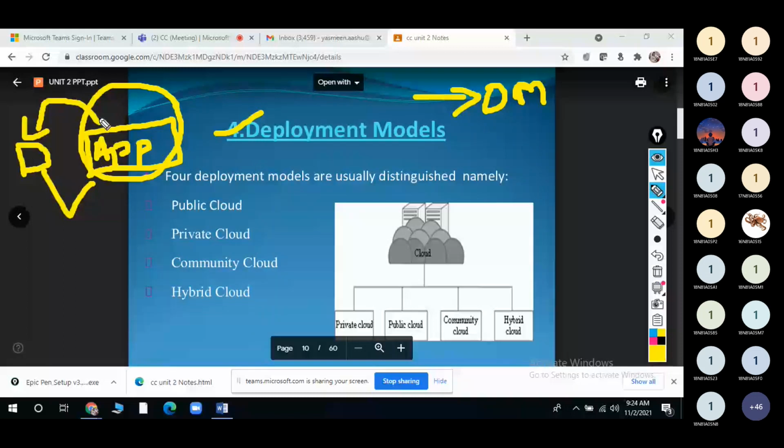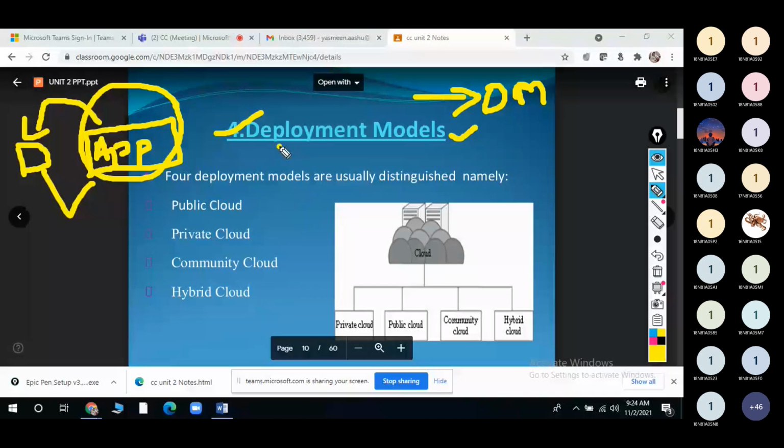Understand the definition of this deployment model? First of all, the deployment model is a delivery model. It provides all the delivery services for all the developers who want to deploy their projects on that particular platform, right? So that is the two points. And the next, what is the exact definition?